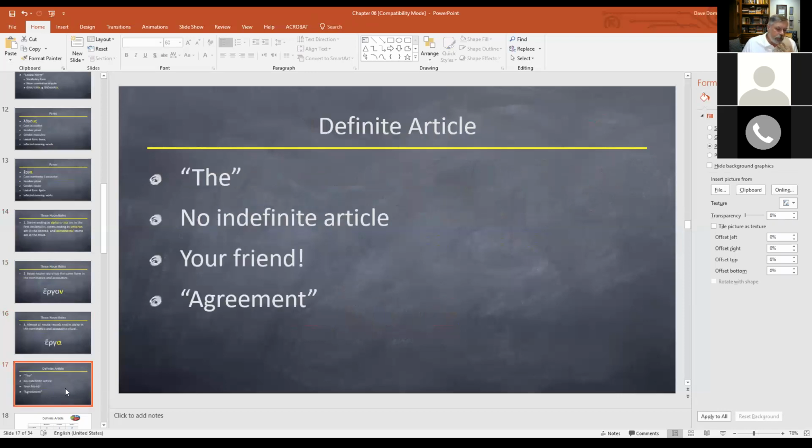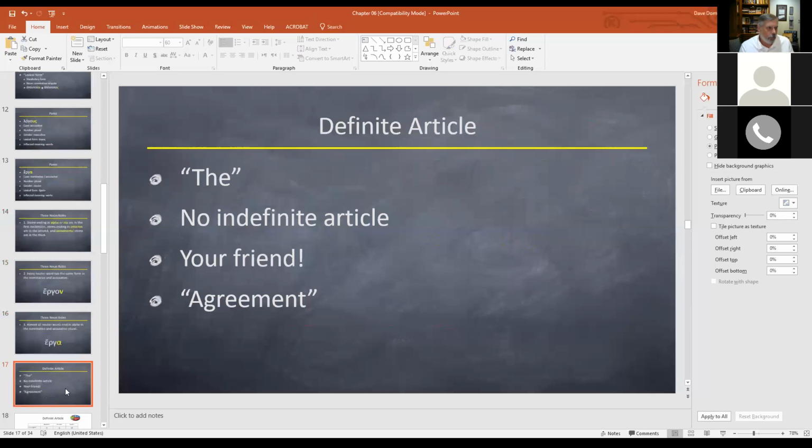Then chapter 6 also talks about the definite article. I don't know why they put it here. I think because you want to learn it a little bit early because you see it a lot. I know one of the persons, I think it was George, had sent me a question with regard to the definite article and with the name Abraham. And so we're talking a little about the definite article. It's in chapter 6. It comes up so early, I think, because it's so prominent in Greek. You have to